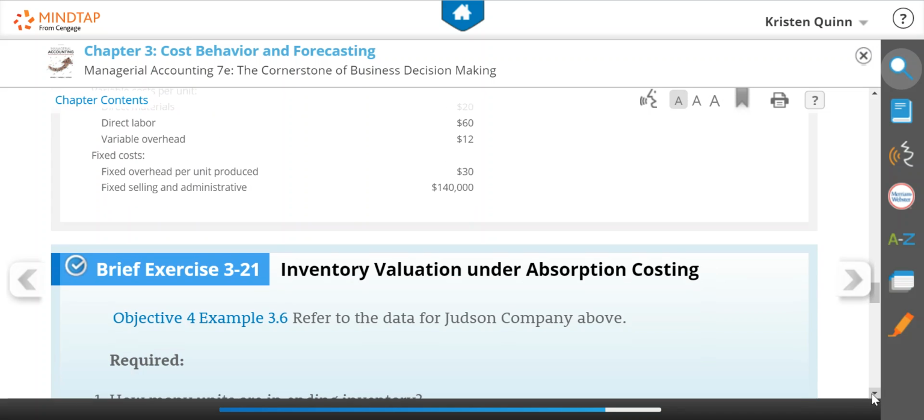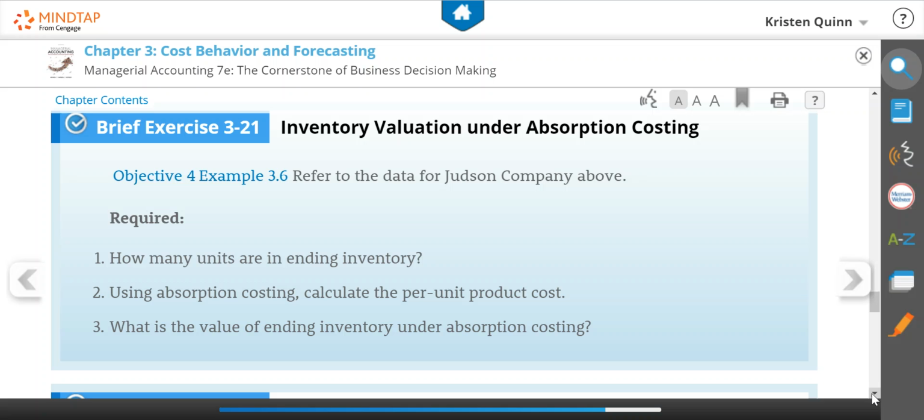So in brief exercise 321, we're going to be focusing on absorption costing first. When you're thinking about absorption costing, think of it almost like a sponge. It is absorbing all of the costs that are related to a product cost, meaning all of our direct materials, all of the direct labor, and all overhead, regardless if it's variable or fixed. It's including all of those components as part of the product cost. Absorption costing is the type of costing that we are required to use for financial reporting purposes. So under absorption costing, we also do a traditional income statement